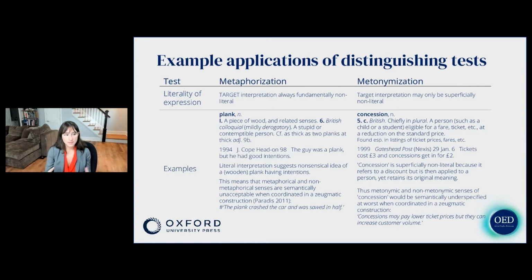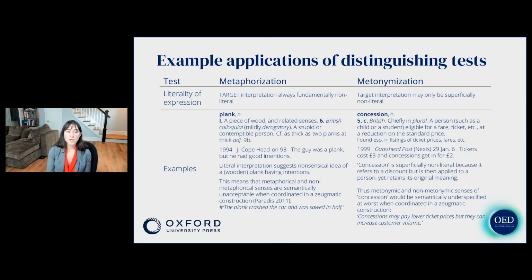Finally, these are three out of, as you saw, many different tests, but this is also particularly interesting. The literality of expression, and this is one where it is more conclusive about metaphorization than metonymization. The target interpretation is always fundamentally non-literal. And so if we take the example of plank, in the colloquial derogatory sense of a stupid or contemptible person, if you try to coordinate the original sense of plank as simply a piece of wood with that new sense of plank in a parallel construction, a zeugmatic construction,